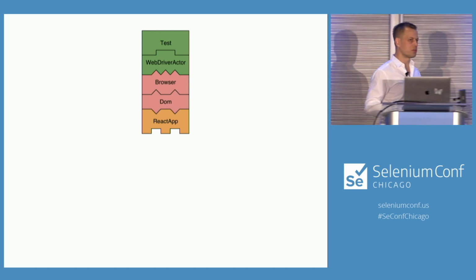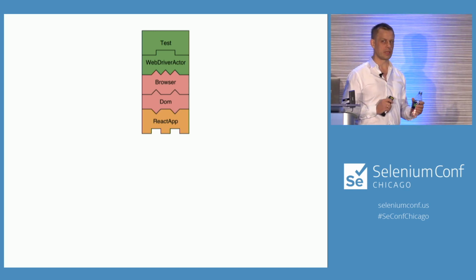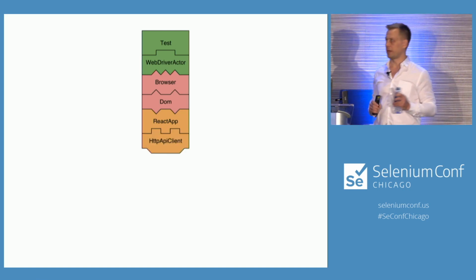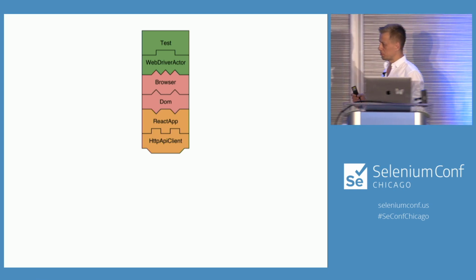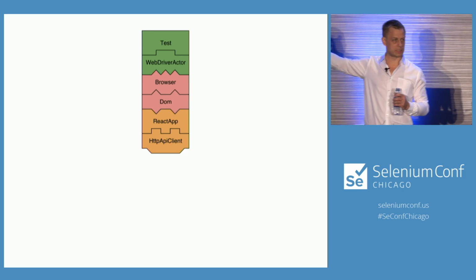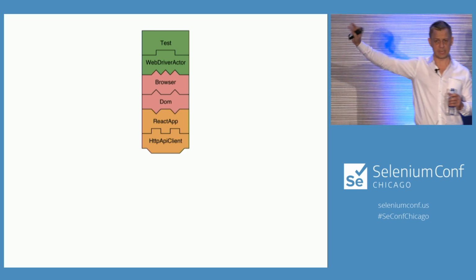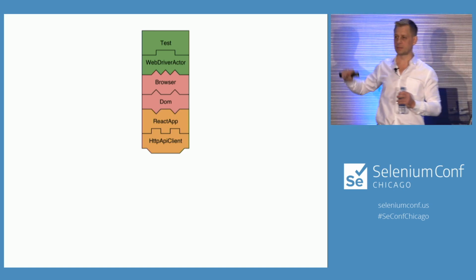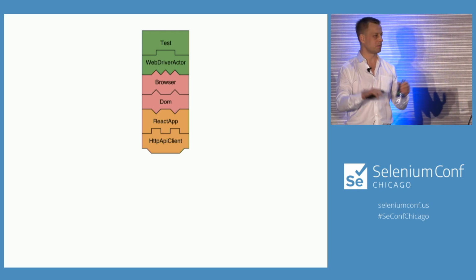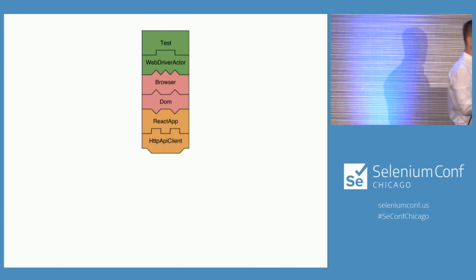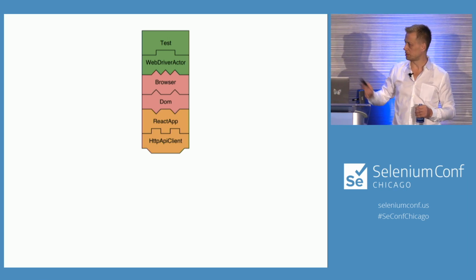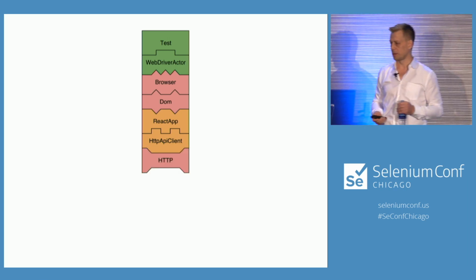And then that needs to talk to the back end somehow, to send and retrieve some data from the web server. So maybe we have a little abstraction layer here in JavaScript for interacting with the back end. And by the way, the colors here, they mean something. The green means test. The pink means infrastructure. That's not our own code, but just stuff that we have to deal with. That's part of the whole stack. And the orange is front end. And there will be some blue underneath here, which is back end.